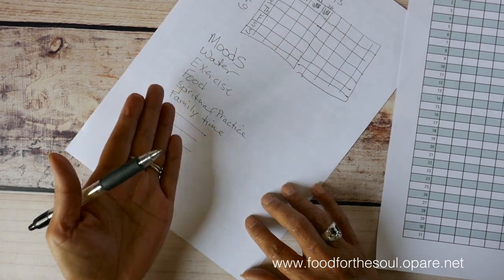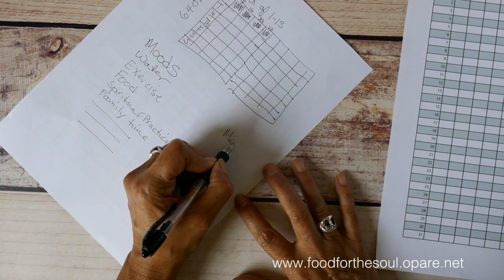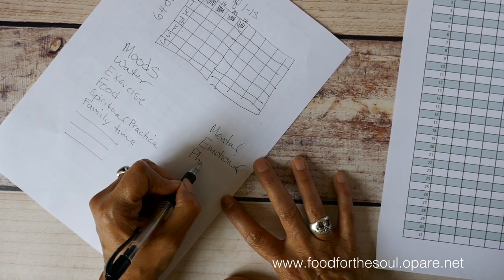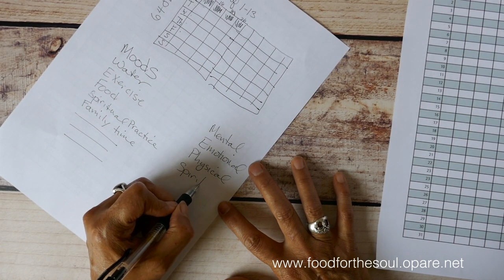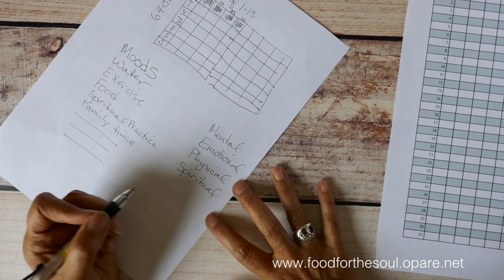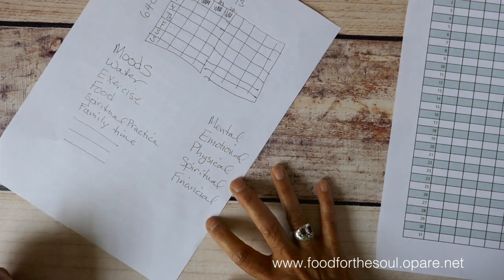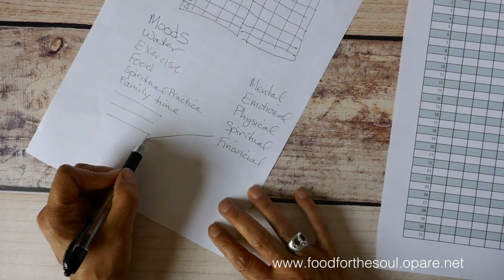And I really like doing it this way because so many other pre-done ones will decide for you what it should be. It can be totally up to you. Mental, emotional, physical, spiritual, financial. What are the habits that you need to incorporate in order to reach your goals? For instance, in financial,